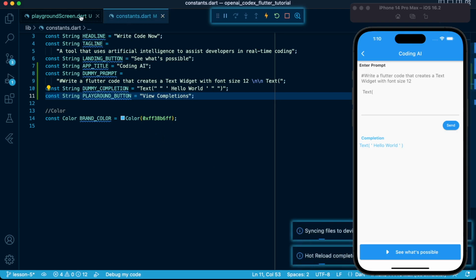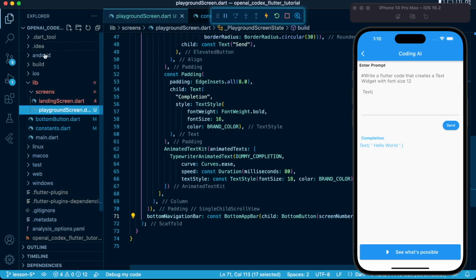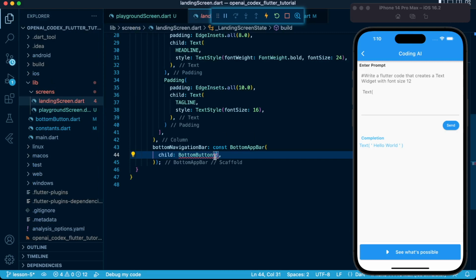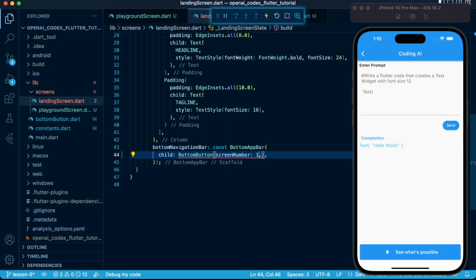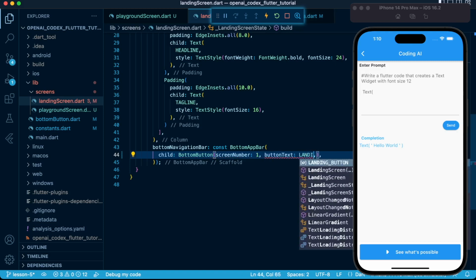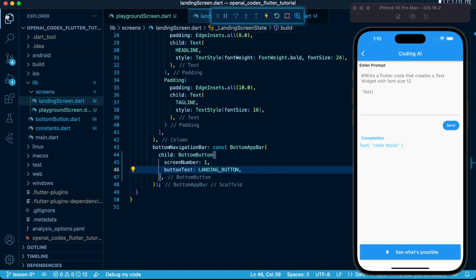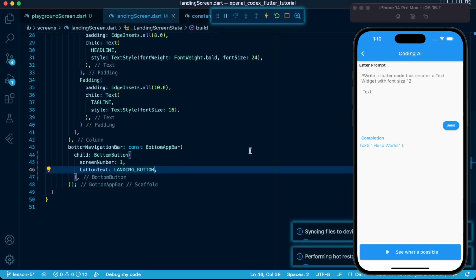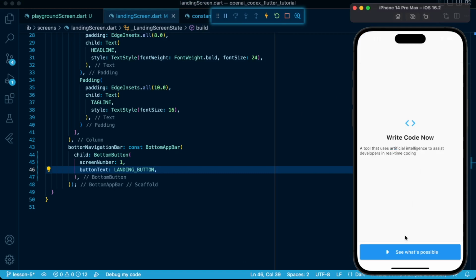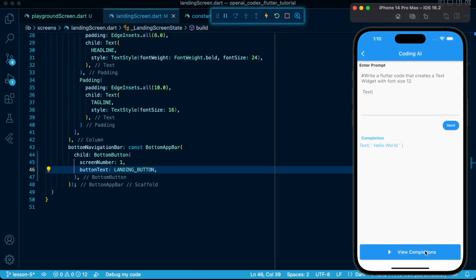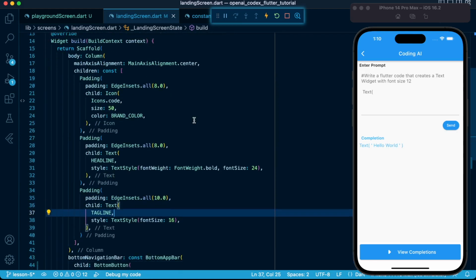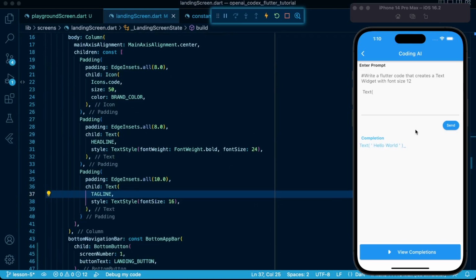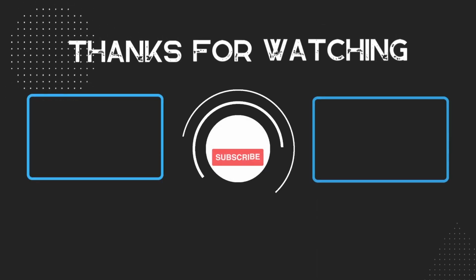View completions. We'll also have an error on the landing screen. So we'll set the screen number to 1, which refers to the playground screen, and then the button text will be the landing one. We'll set it. Awesome. Great. So our states are handled. Our buttons are represented properly. So let's head over to the next